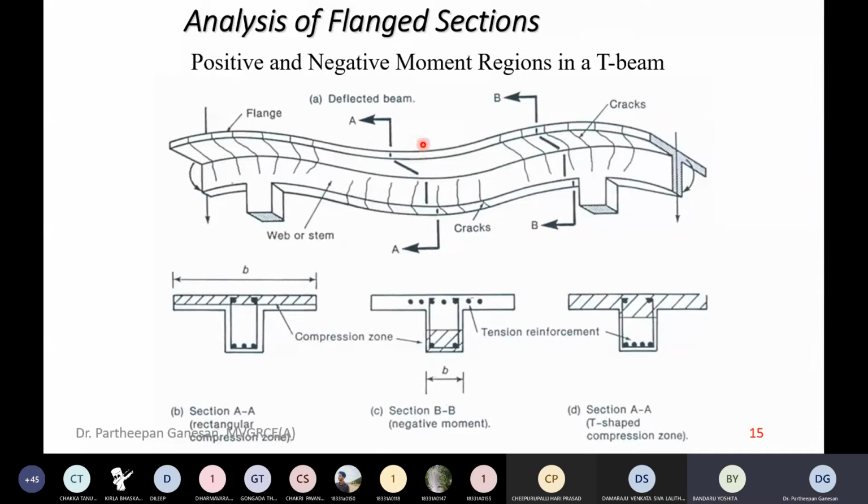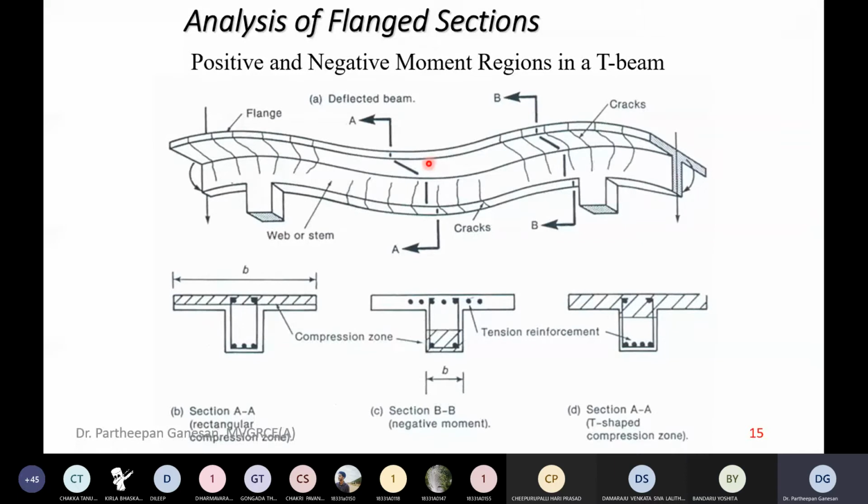Sagging or hogging at the midspan? Here, this is hogging. And at the support? Sagging. That means you are not paying attention in the class. Just now we discussed: in the midspan, you will always have a sagging bending moment, and at the support, you will have a hogging bending moment, a negative bending moment. You completely reversed it. So please pay attention in the class. Don't just simply log in and sit idle or pay attention to something else. Is that clear? Yes. Is everyone clear about it?